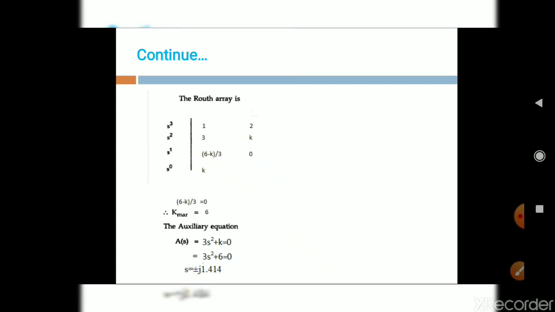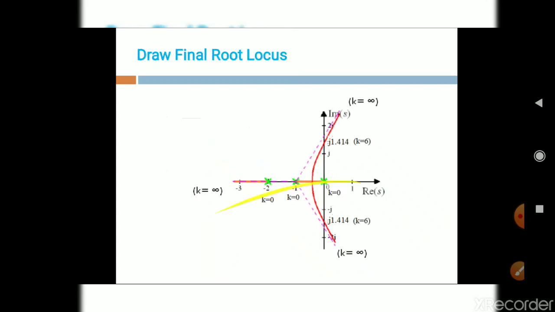But here you can observe all the poles are real poles located on the real axis, that is s = 0, s = -1, s = -2, which means there is no pair of complex conjugate poles present in this given transfer function. That's why there is no need to find the angle of departure; it is not applicable for this type of system where real poles are present. So I can simply sketch the final root locus. Now, how to plot the root locus step by step.